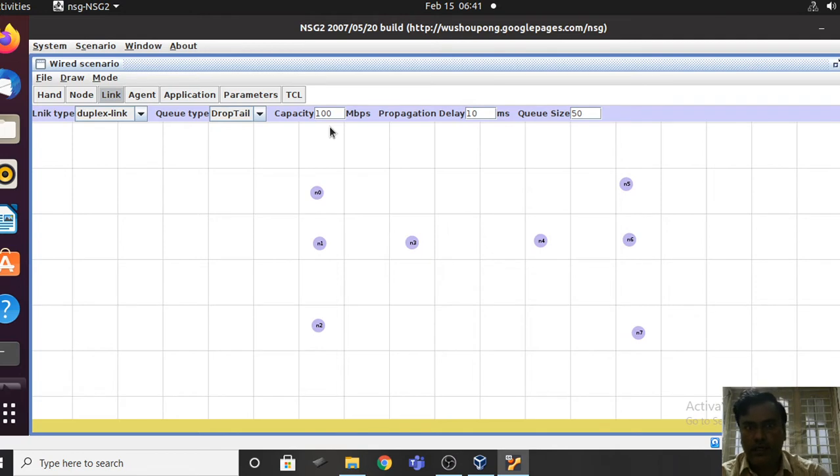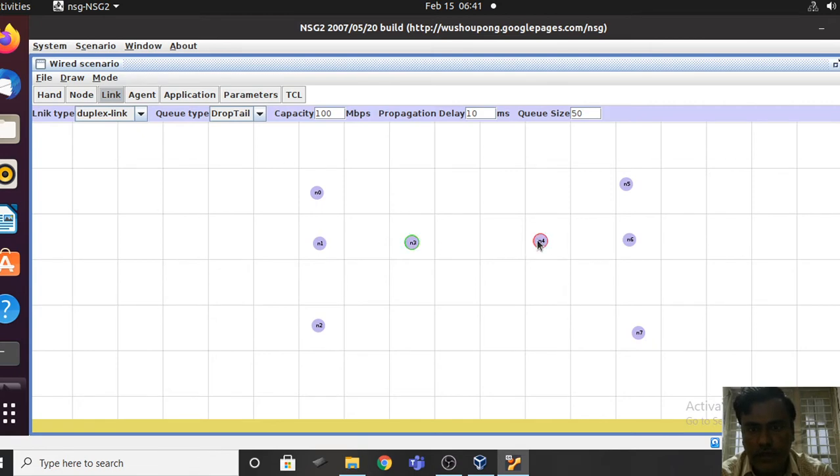And for the rest, I'm going to take more capacity and more speed. So this is the common channel. For this I'm taking the values as capacity 100 and queue size 50.